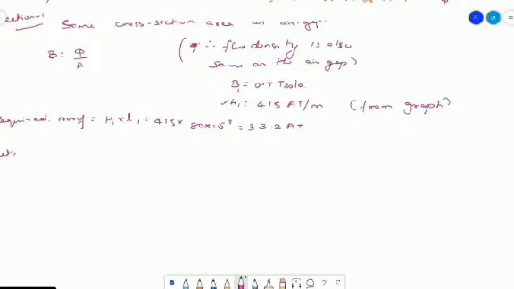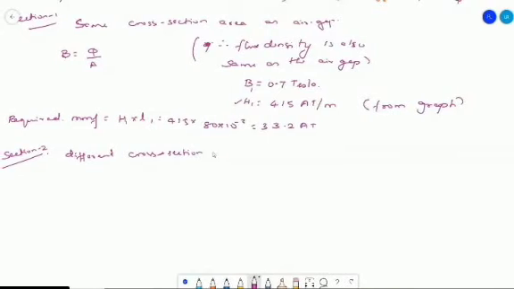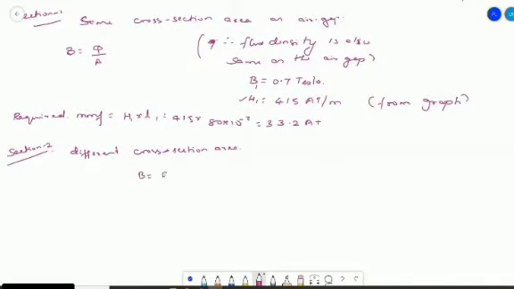So this section 2, again the section 2, it has a different cross section area. Okay, so different cross section area means B is equal to φ by A. So when this A is changing, obviously this B should change accordingly. So now we need to find the B corresponding to this section. Before we go, we must know what φ is. Only when we know φ, we'll be able to find this B for this section 2. Okay, so B2 is equal to φ divided by A2.